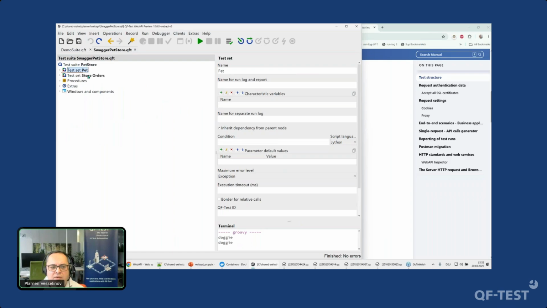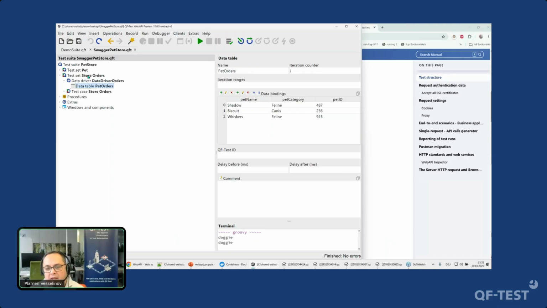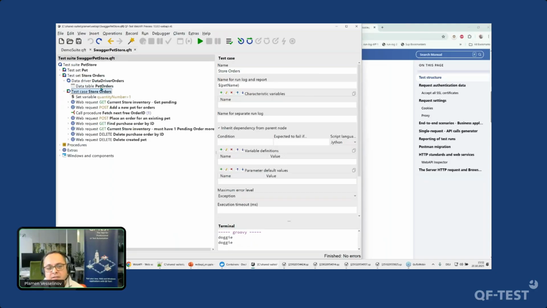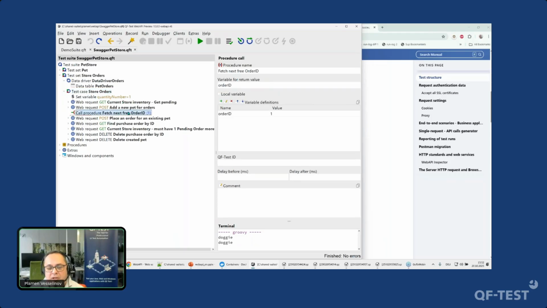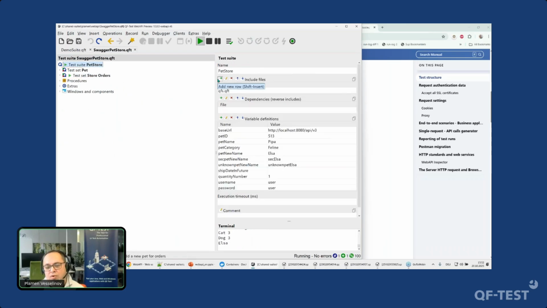The second part, store orders, uses data drivers. And I have three different pets that I want to add and order from the pet store. And this test case store orders is a bit different. It uses a procedure where I call the backend multiple times to find the next free order ID and so on. It looks almost like a real case scenario. And let me run those because I want to show you how the run log looks like in the HTML report